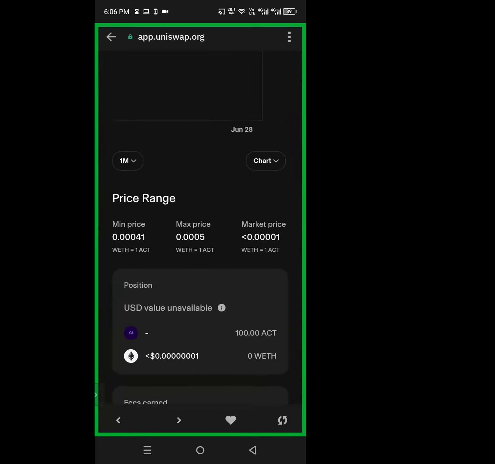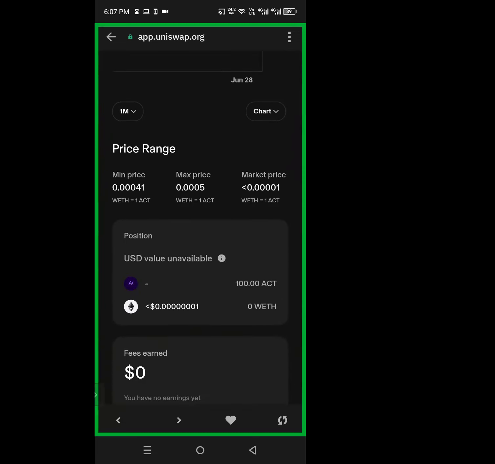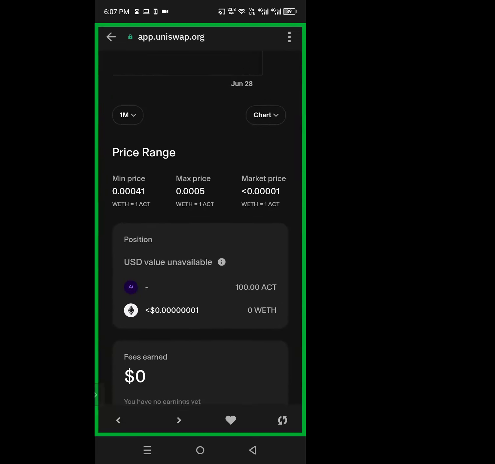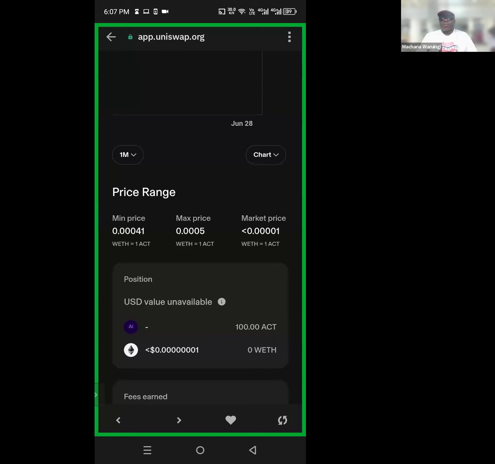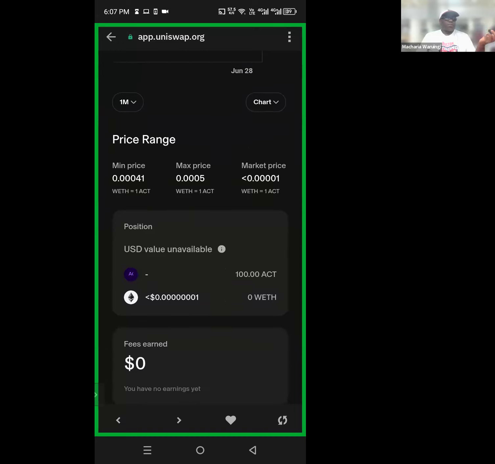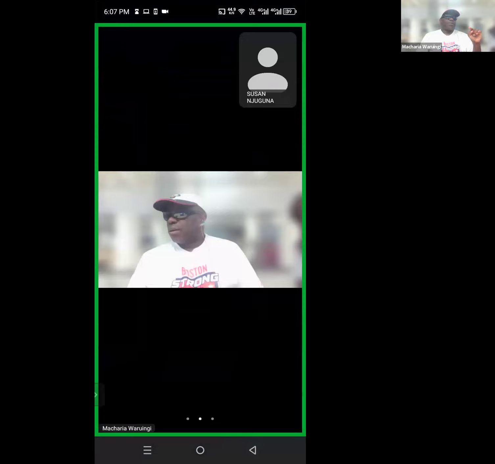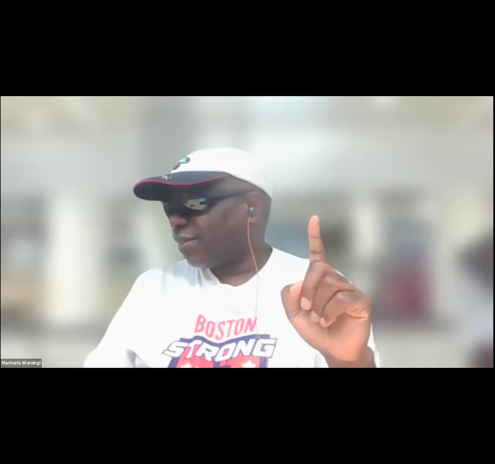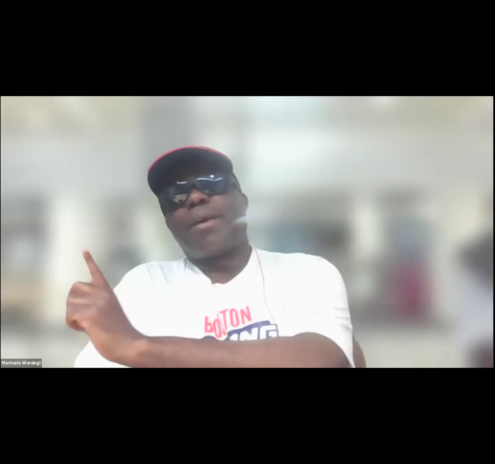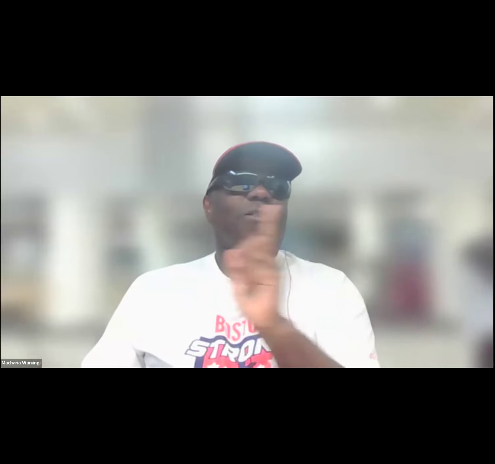So that's it. That is what is available here. Okay, so it doesn't show the NFT on this page. The NFT is the identity you receive for the pool. And the money that you put in the pool, what you want to understand is that it is still in your wallet. It is still in your Trust Wallet. Can you believe that? Still in Trust Wallet, but it is helping to make market for the Actuate because it is in Uniswap.